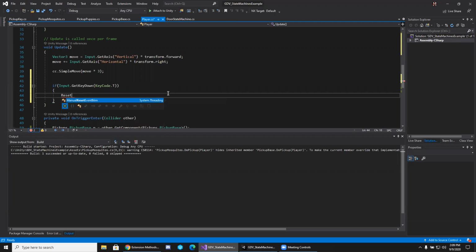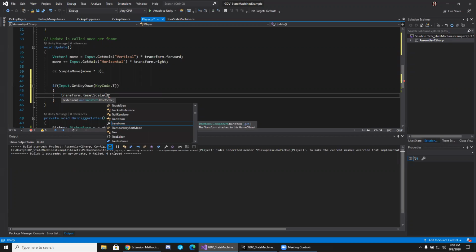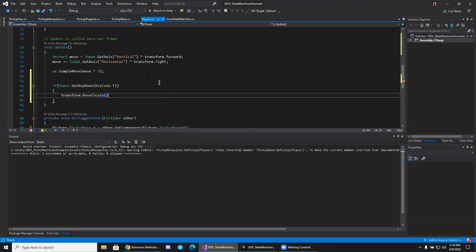Nothing's going to show up there. But from our transform, we actually have that extension method showing up for resetting our scale. Now that's not something built into Unity, that is something we just wrote. As far as parameters, we see it doesn't take any in. Well, that's a little funky